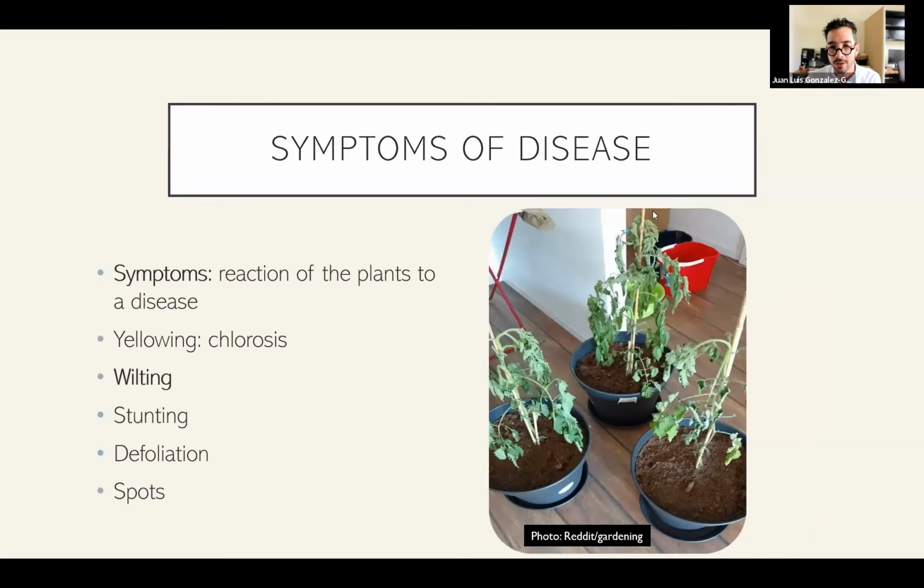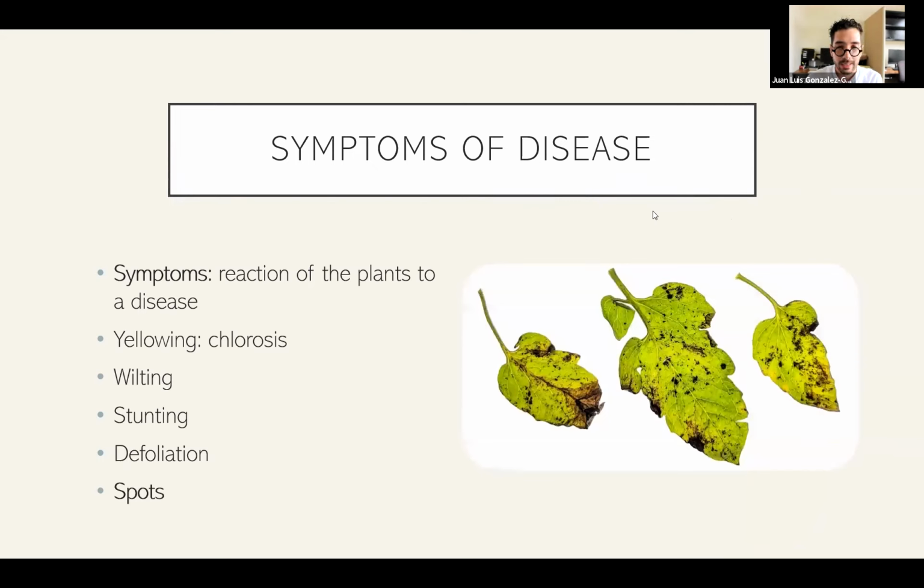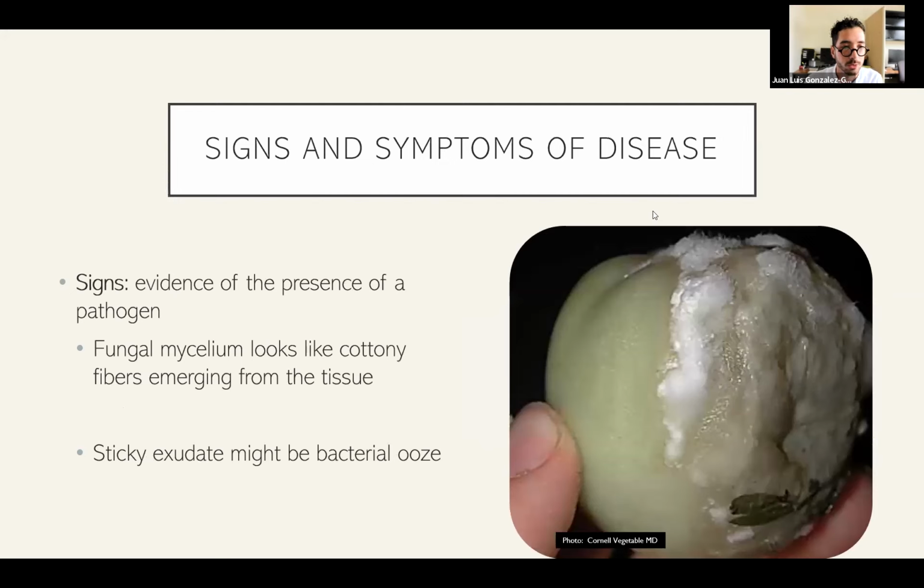For instance, here in this photo, you can see wilting of some tomato plants. In this case, the cause of that wilting is probably underground, and it is not due to the simple lack of irrigation. In this photograph over here, you can see the presence of spots in leaves of tomato, and analyzing in great detail the shape and the progression of spots over time will definitely allow us to get a proper identification of what's happening to our tomatoes.